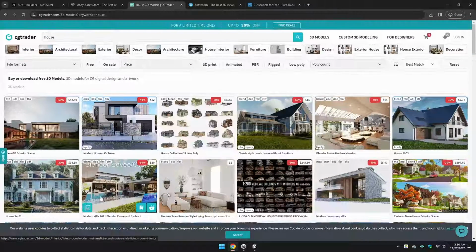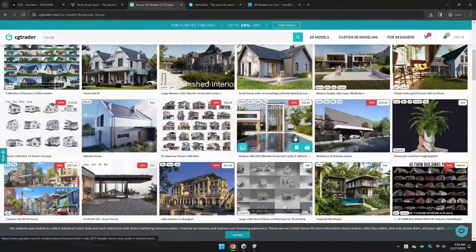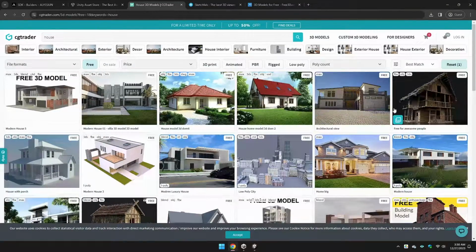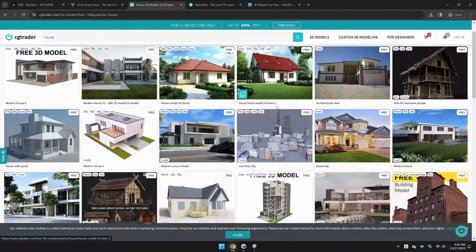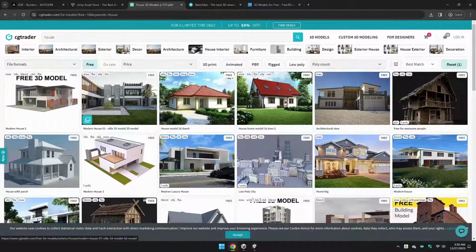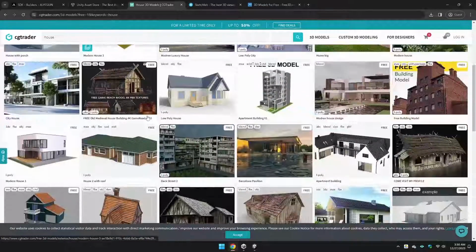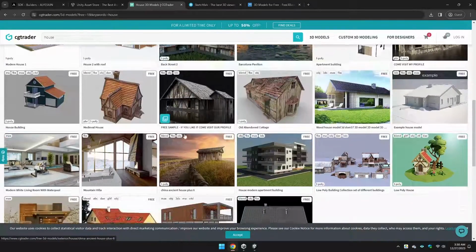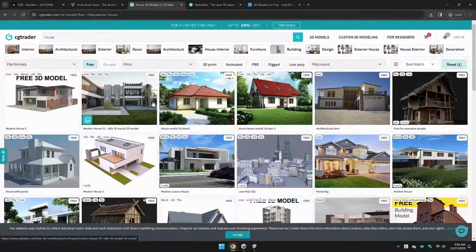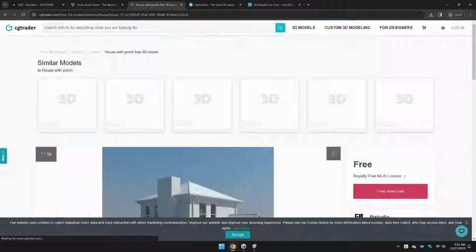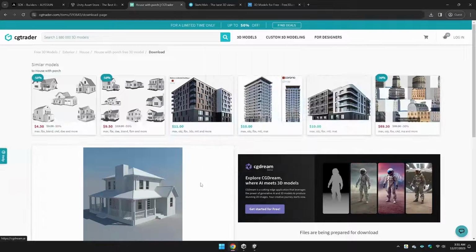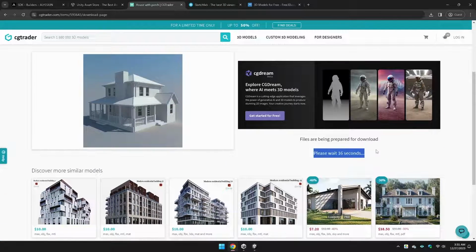So let's see, for example, let's add a house, right? Let's see which house we can add in here. You can click here on free, right? Then let's see, what about if we can just add, let's see, I think, no, okay, let's just add anything, just for testing purposes. This one I think is fine. Now you can just hit free download, right? Let's wait until it is